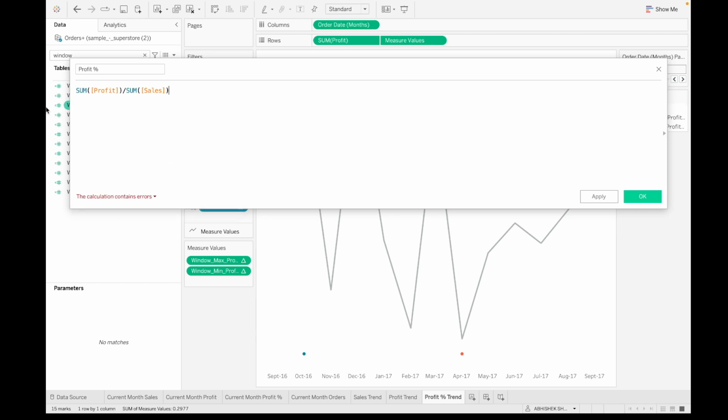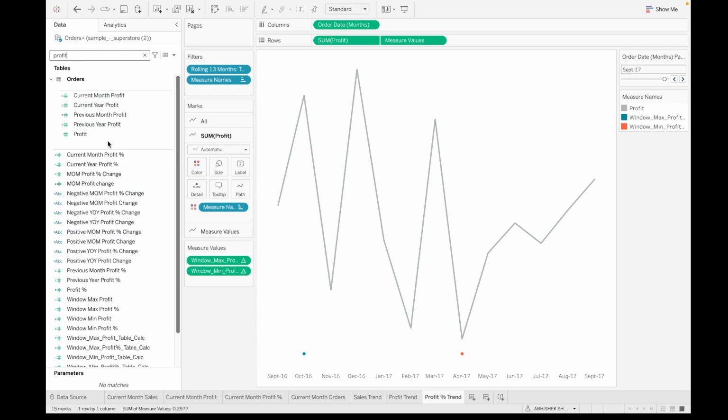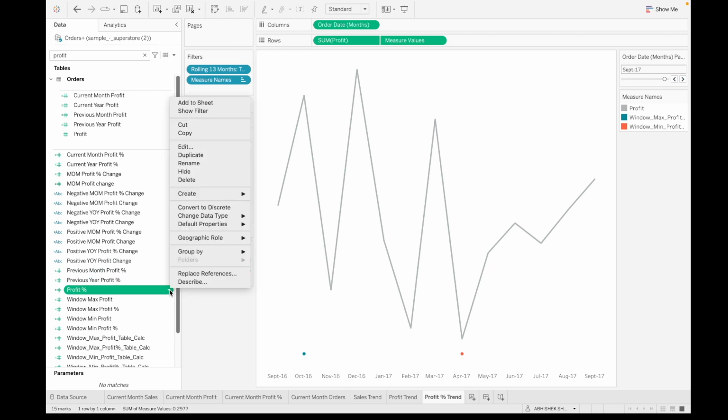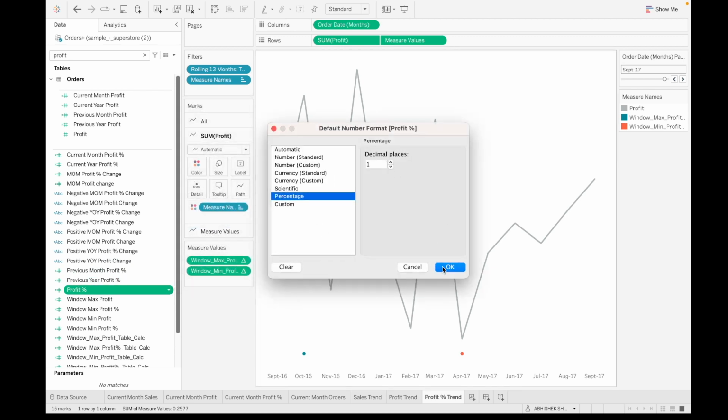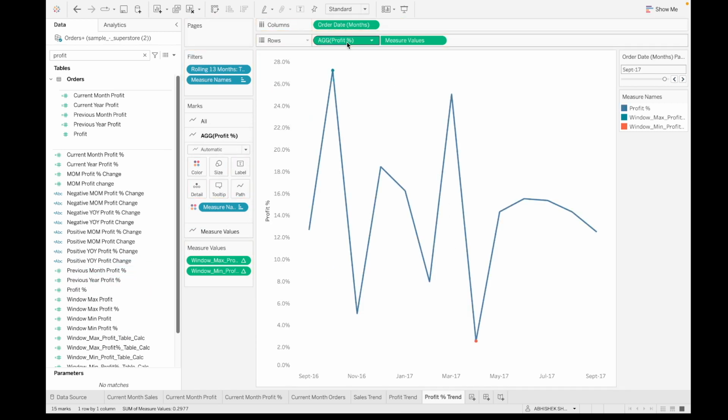Okay, profit percentage already exists. Let's cancel this. Profit percentage, oh here it is. It is having the same formula. Okay, so data type is okay. Just drag it here,